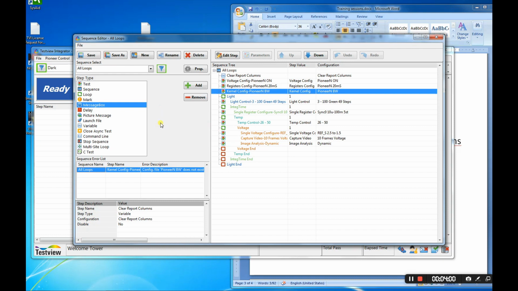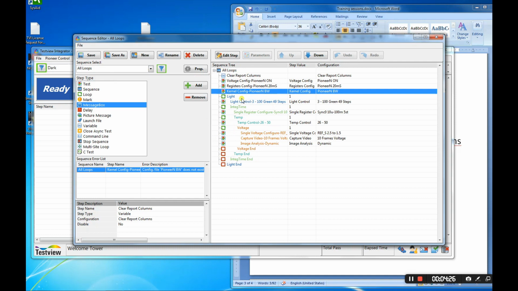I'm going to use terminology of three main phrases or words: tests, test parameters, and sequences. This whole loop here, this whole list of lines is a sequence, and you can see sequence select, and everything here is referred to as the whole sequence.